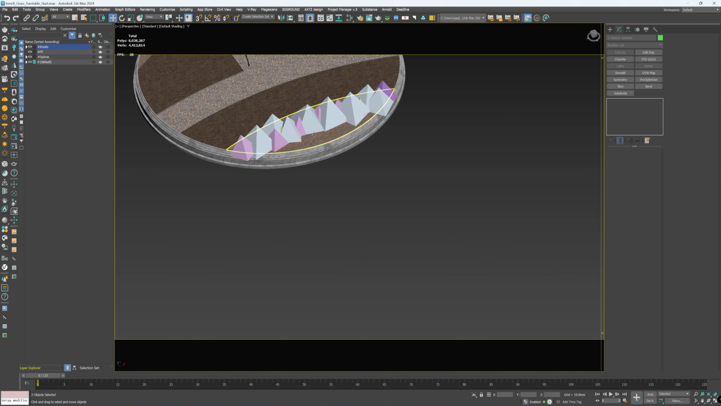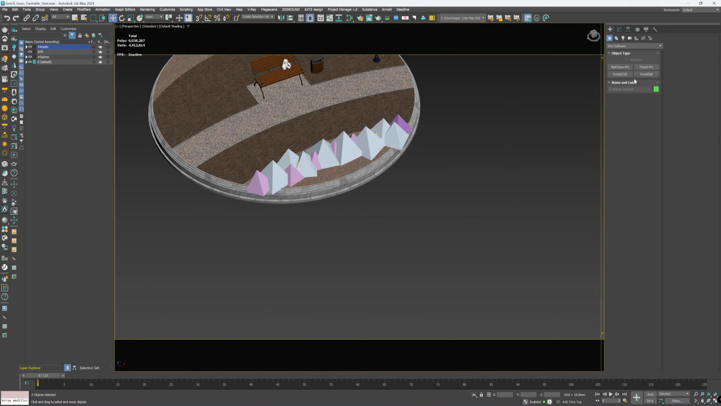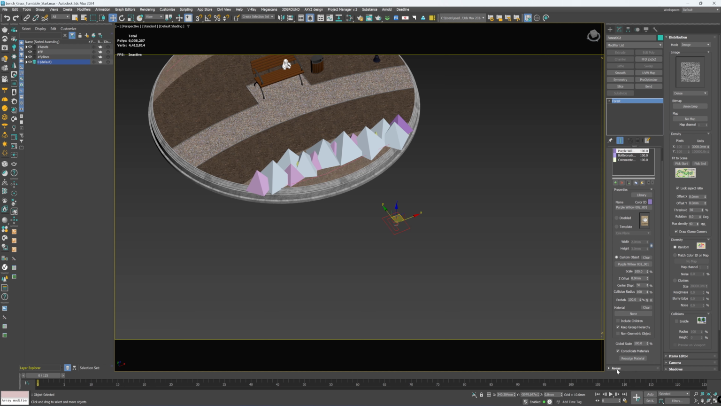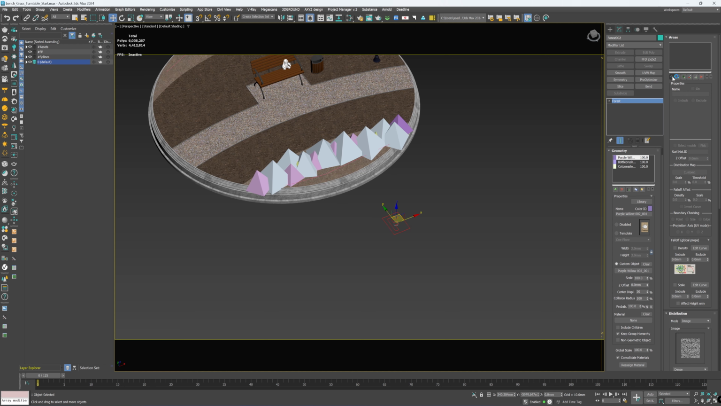Just select the bushes, same method. Going to Forest Pro and say populate from selection. We got 3 objects selected and icon mode. As soon as you draw that, it's going to think for a little bit. And once you do that, it's the same story. You can drop the density down to 3000, and then in the areas you can do again the spline, which